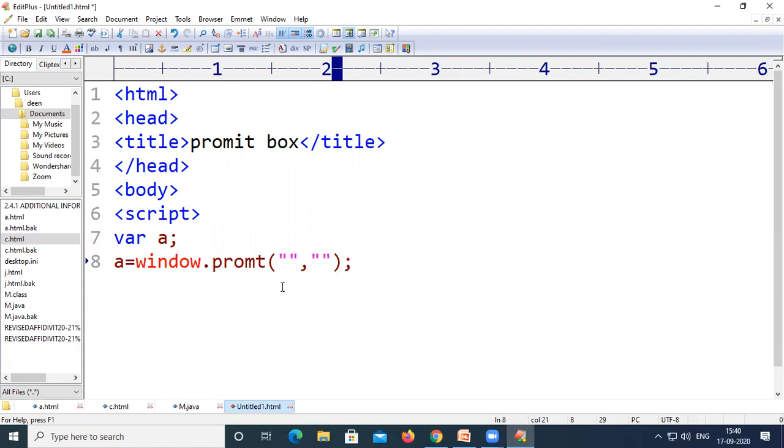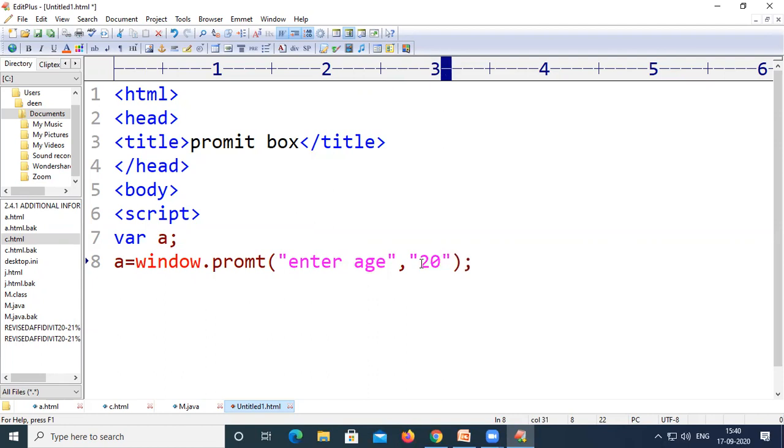When I say string, it should be included in quotes. So the first string is the string which we need to display over the prompt window. For example, I want to display "enter age" on the prompt window, and inside this one I need to keep some default value. For example, I am keeping 20.